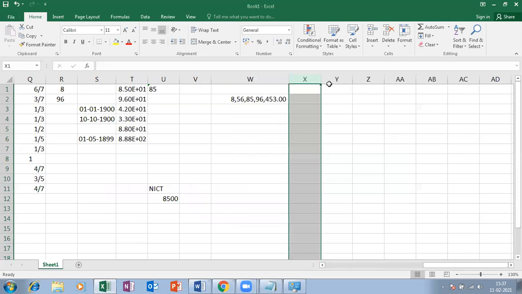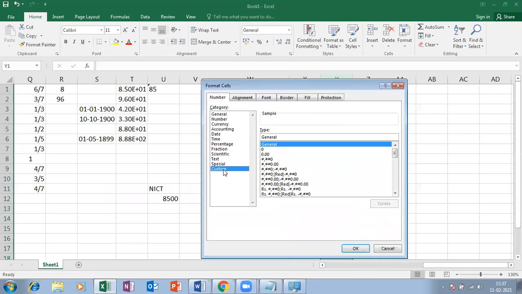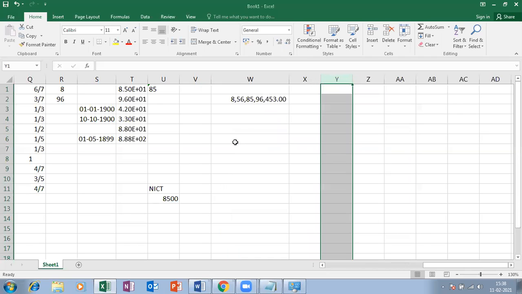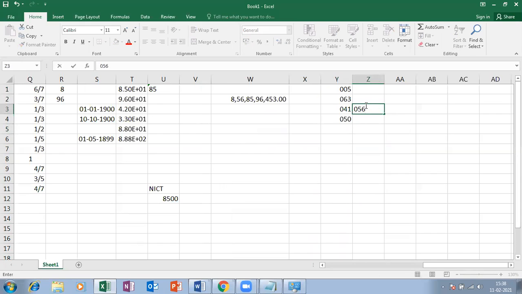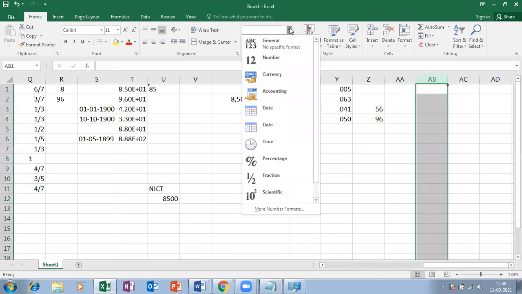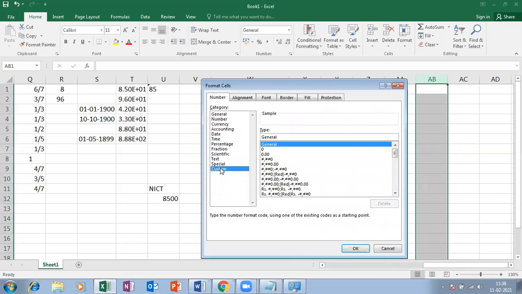Okay, and then let me select one more column, click on group options, click on custom. Just type here, I want like 00. So whatever I type here, before it I'll get zeros. Like this. Basically, I can't enter 0 before a number in Excel. See, 0, 96. But here, if I want it, it's required. So then you can take this. Set a column, click on group options, more number formats, custom.